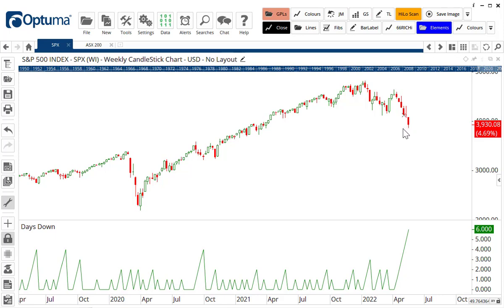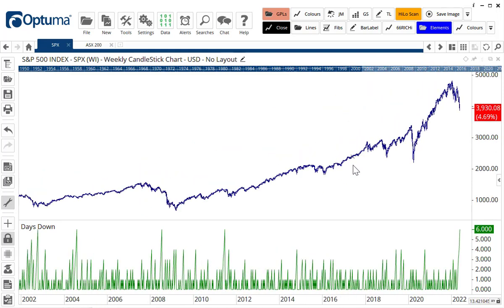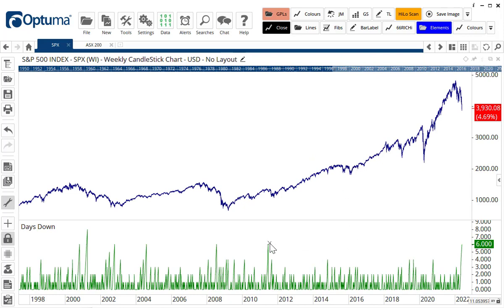Now I'm recording this Friday morning, so unless the index rallies 5% today, which I don't think it's going to do, then this will be the 6th consecutive week that the index has been lower. And if we scroll back, you can see when that last happened was 2011, the same time that it was 5 weeks down, and then before that